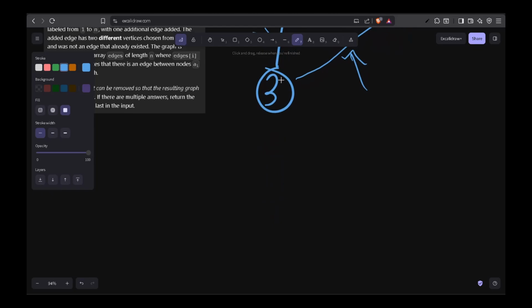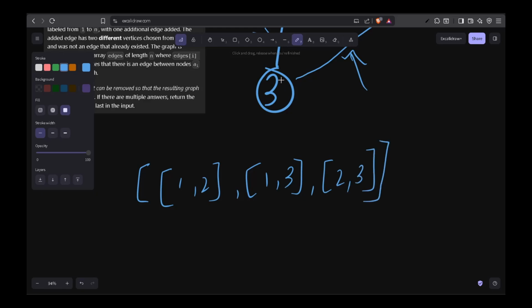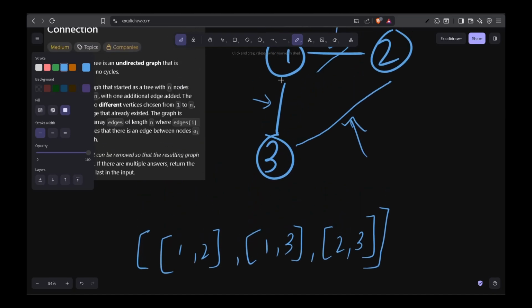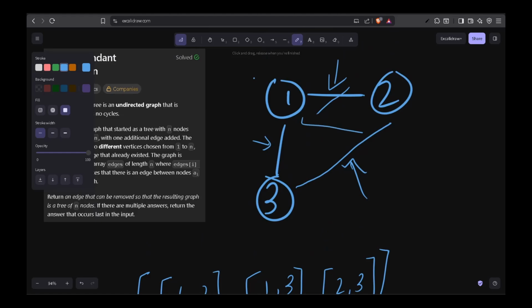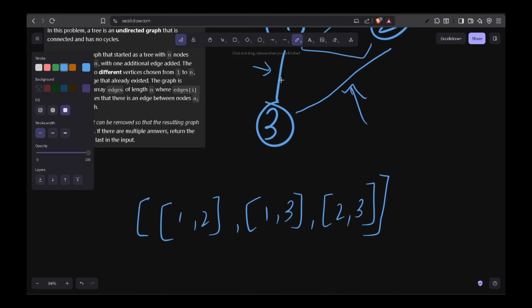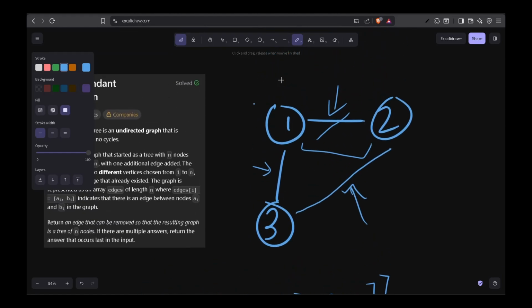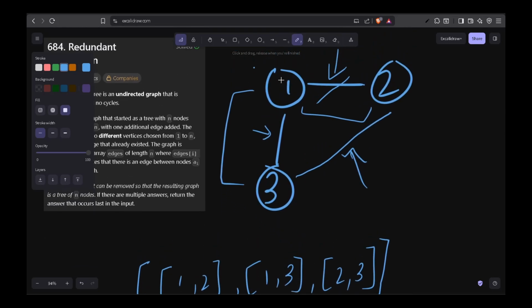So the question states, basically the input given to us will be in this format. 1 2, 1 3, 2 3. These arrays represent edges. So 1 comma 2 means it is talking about the edge between 1 and 2. Similarly 1 comma 3 is the edge between 1 and 3, and 2 comma 3 is the edge between 3